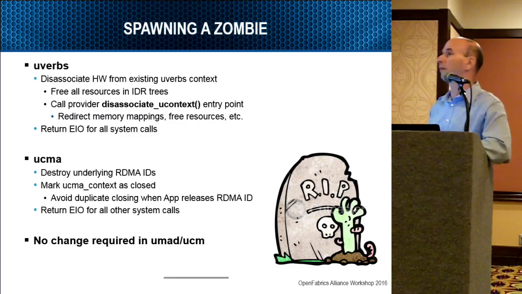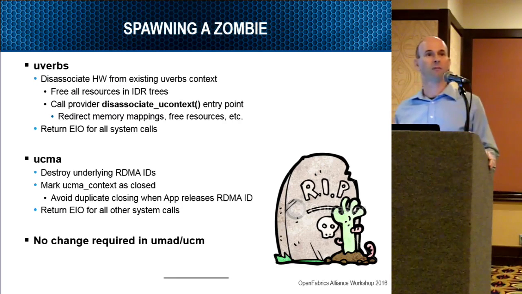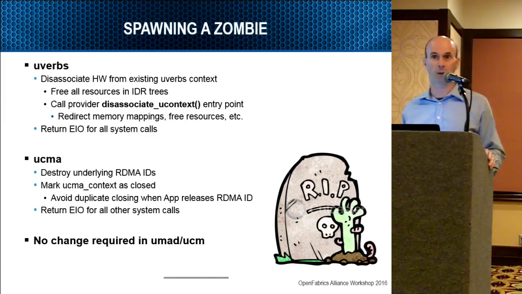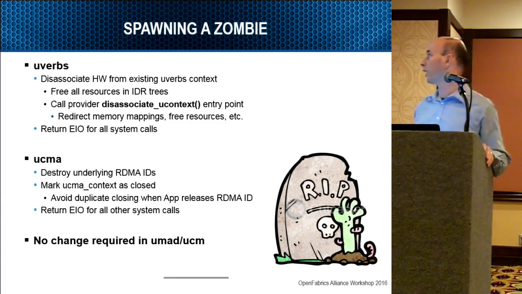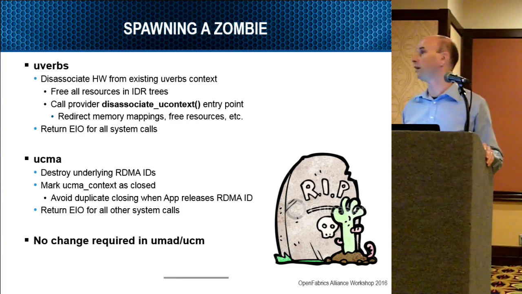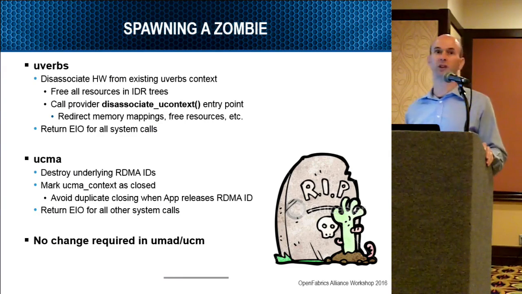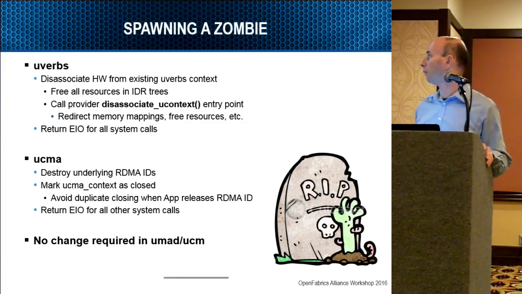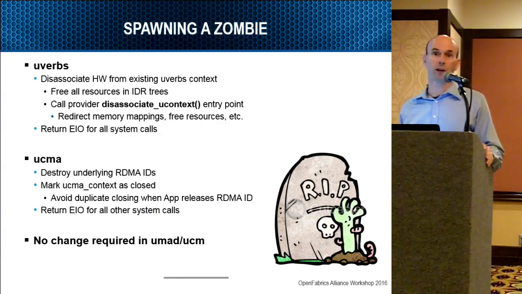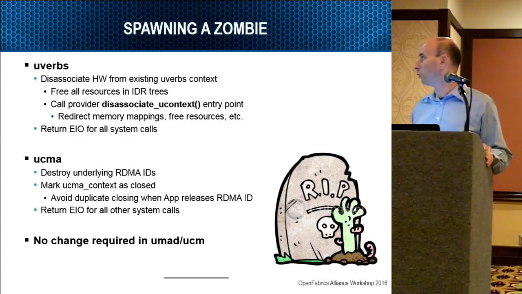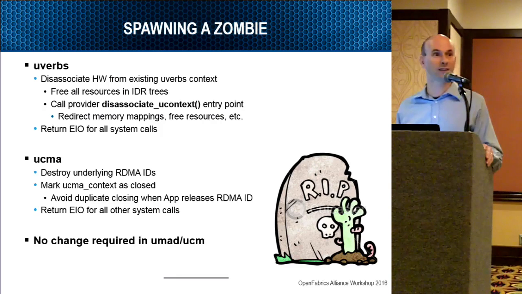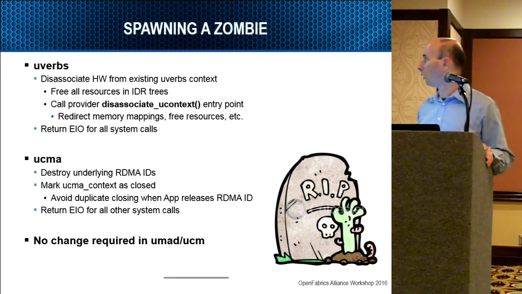Here we have a problem where applications hold RDMA IDs that reference devices. It's the same problem. So what we do here is we actually close the RDMA IDs in the kernel while still leaving the UCMA file objects in place. And the behavior is similar. You can't do anything with an RDMA ID other than close it. We do ensure, though, that all the UCMA events that pertain to this RDMA ID are enqueued, especially the device